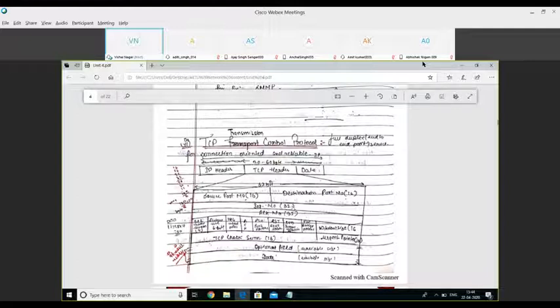So in the sequence number, we define the sequence number of this packet in the byte stream. If 1,000 TCP packets are moving from source to destination, the sequence number of this particular packet is defined under this sequence number field, and the size of this field is 32 bits. That means the sequence number cannot be more than 2 to the power 32 in value.